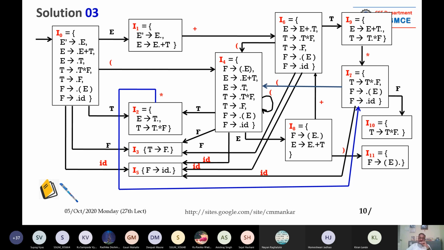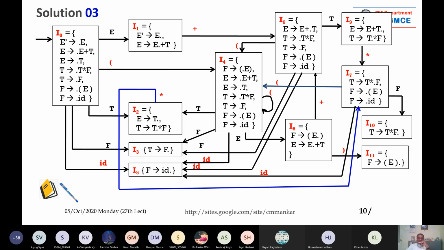Now similarly, there is only one remaining production rule, where dot is in front of opening bracket. Bracket contains capital E, but dot is in front of opening bracket. So what will happen? There is a transition, in red color. See the second arrow, you are switching to I4.